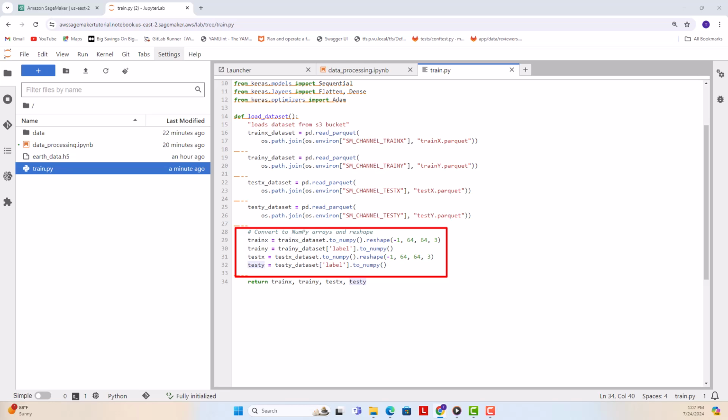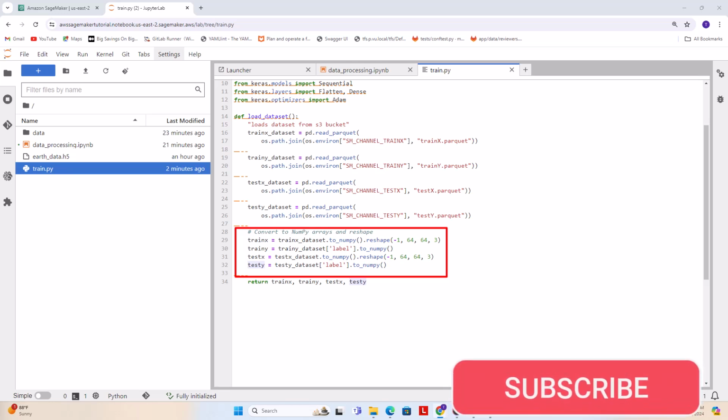Typically, this -1 is like a value that represents the length of all the data sets used. For example, in the trainx_dataset, assuming it's 100 images that are stored in this dataset, then the -1 typically represents 100 images. The second and third dimension, represented by 64